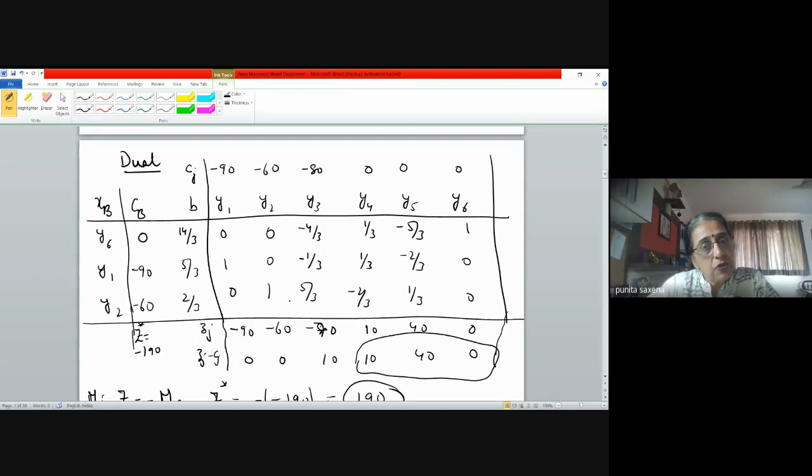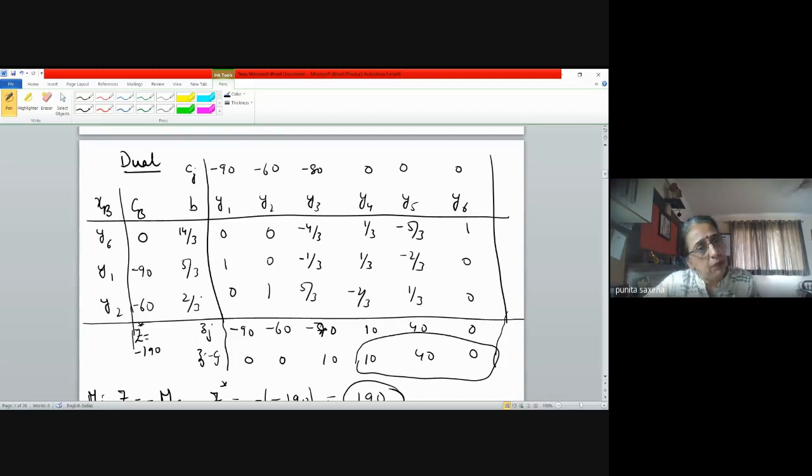Basically, what we are trying to measure is that if I change the resources, plus minus something, then how is it going to affect my profit, or how is it going to affect my revenue earned? Is my revenue going to be the same? For example, here I say that the maximum profit that he can earn is 190 rupees. So obviously he's going to ask, if I change my resources, if I reduce my wood,